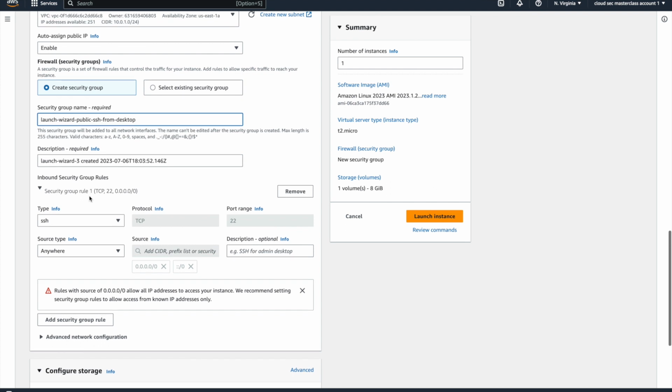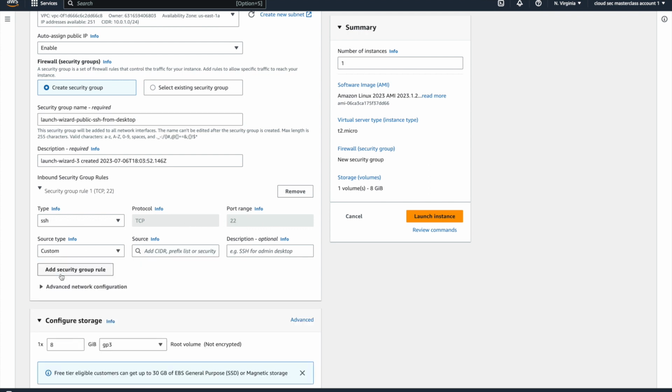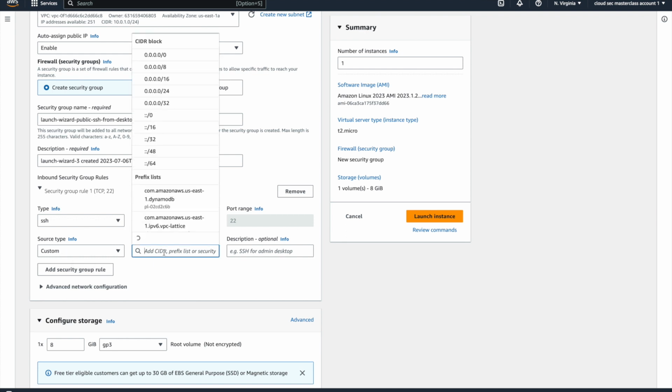And in the inbound rules, I'm going to say SSH, TCP protocol, port 22, and instead of anywhere here, I'm going to click on custom so that it doesn't allow connectivity from anywhere in the internet. I'm just going to put a source,